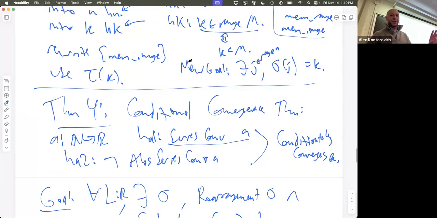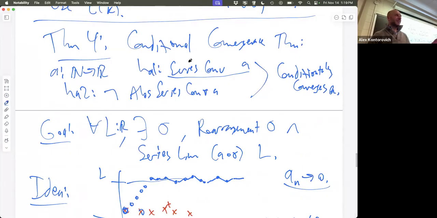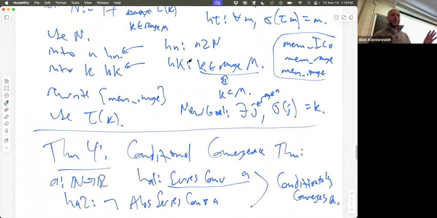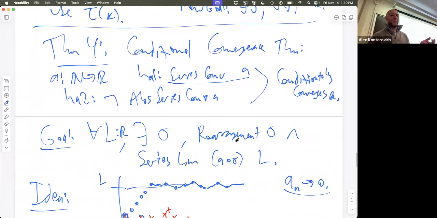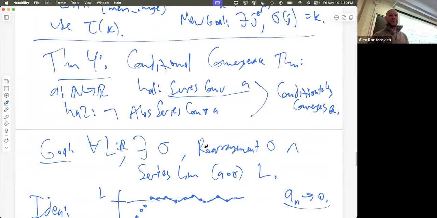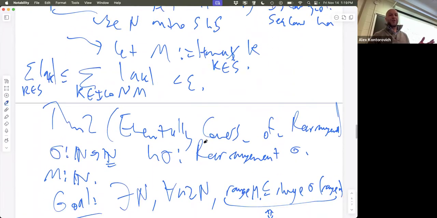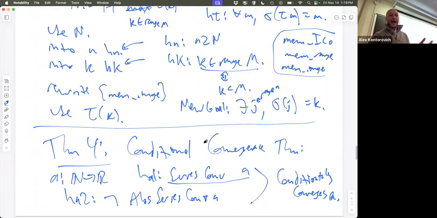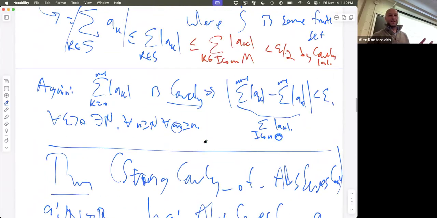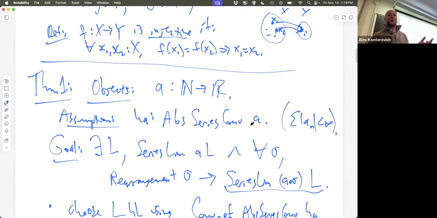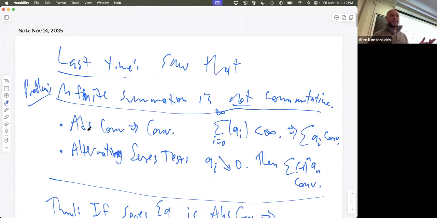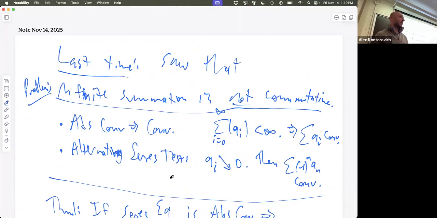Let's go back over any questions on the conditional convergence theorem. So we've now hit the big 4 theorems: the conditional convergence theorem, what people call the Riemann rearrangement theorem, that you can get to any value you want if you're not absolutely convergent but convergent. What I call the rearrangement theorem is the absolute convergence theorem, which is this main theorem: if you're absolutely convergent, then go ahead and reorder any way you like. And the other 2 most important theorems are that absolute convergence implies convergence, and the alternating series test. For me, those are the big 4 things. If you know those 4 things, you know something about series.